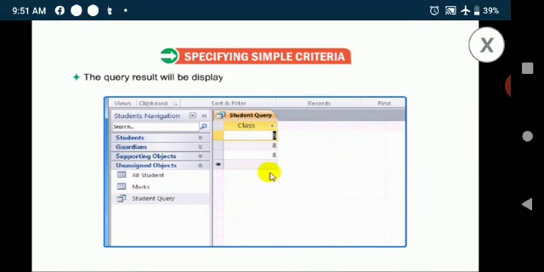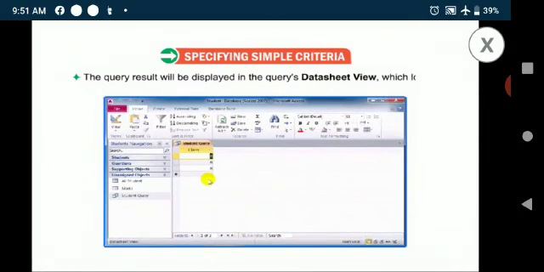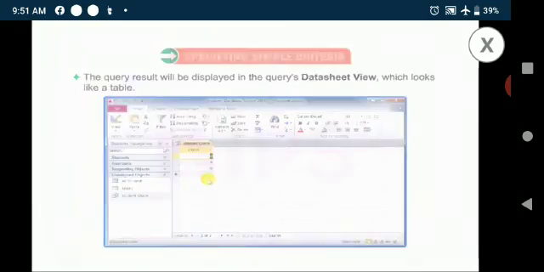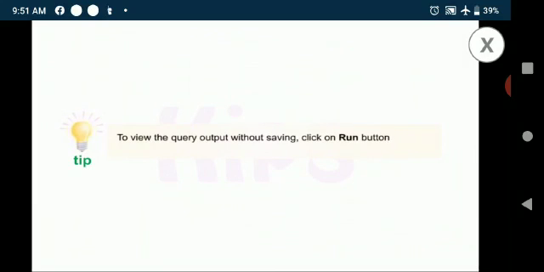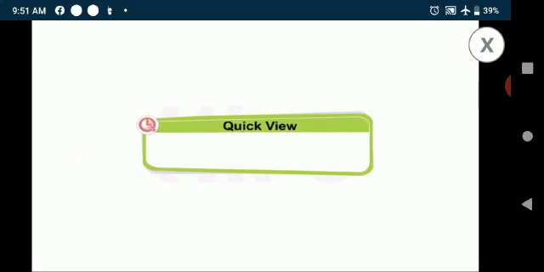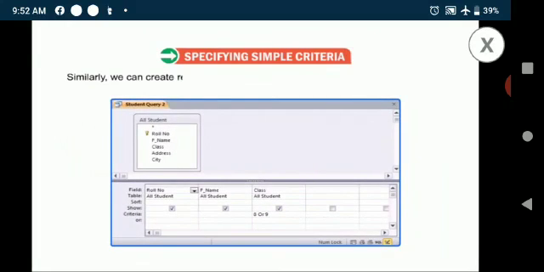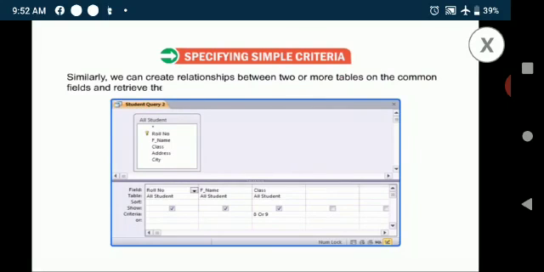The query result will be displayed in the query's datasheet view, which looks like a table. Okay, let me give you an interesting tip. To view the query output without saving, click on the Run button in the Results group on the Design tab. Let us take a quick view. To zoom in on the current field in the datasheet view, press Shift plus F2. Similarly, we can create relationships between two or more tables on the common fields and retrieve the required